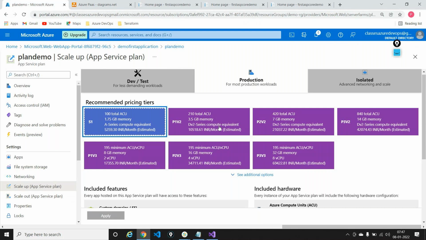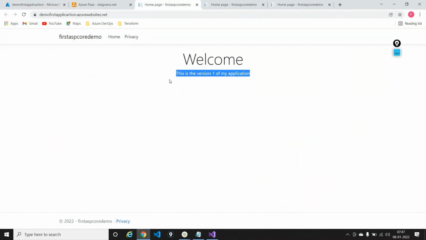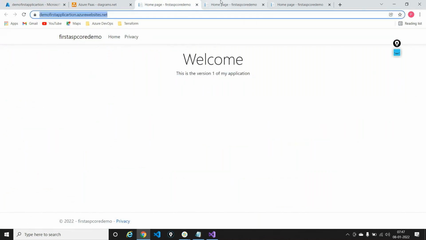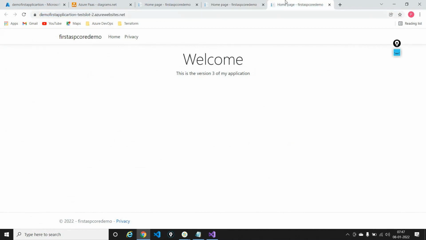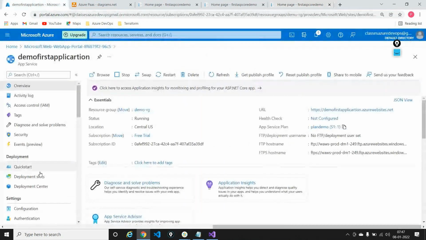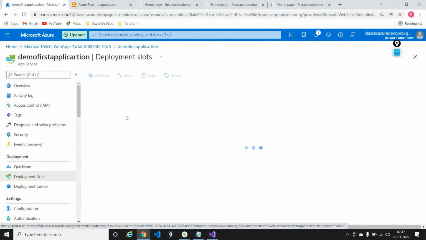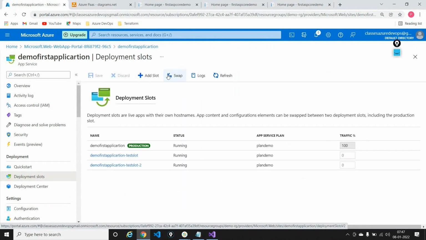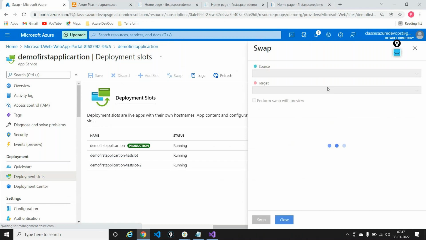Yes, absolutely. Okay, so I have the production here running on version 1. I have test slot 1 which is running version 2. Test slot 2 which is running version 3. Now I can go ahead and I can say swap again, and now I can select my source and the target.